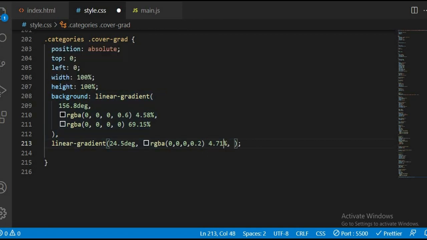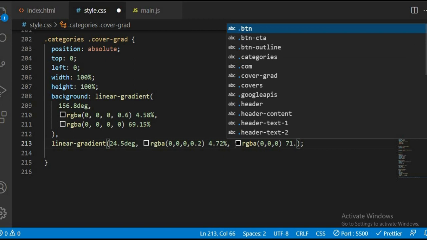And let's just make it 4.72%. Okay, and this is going to be RGBA 0.0.0, and this is going to be 71